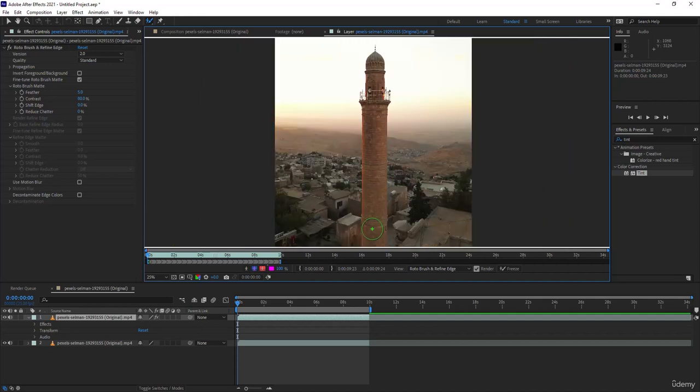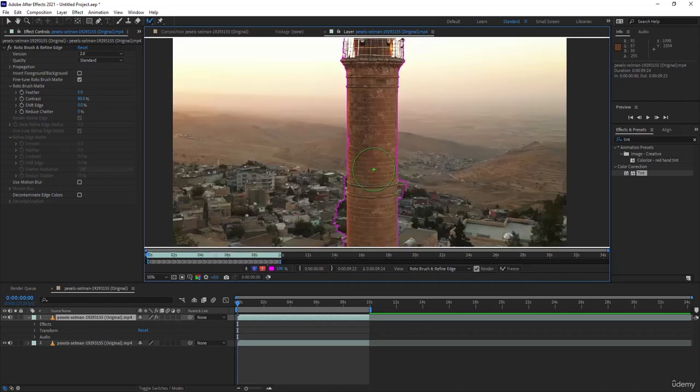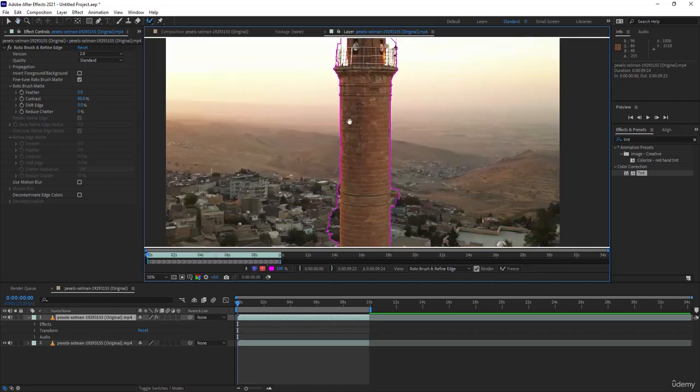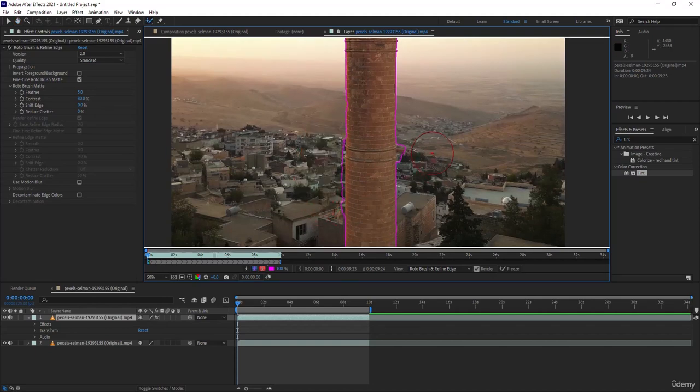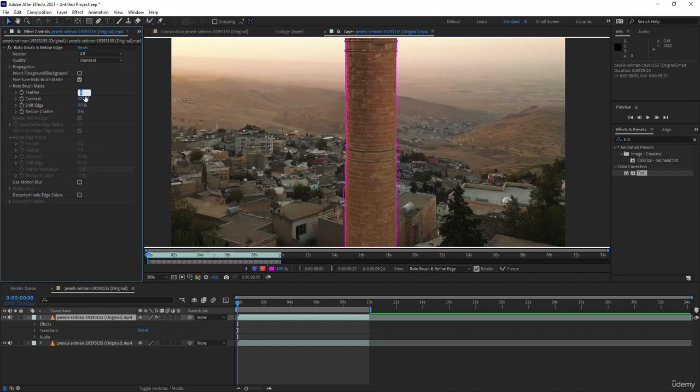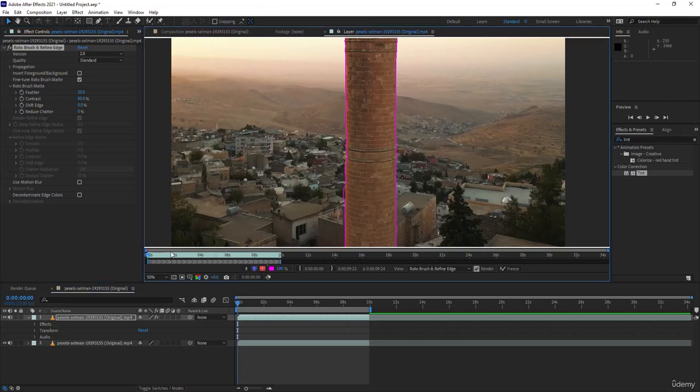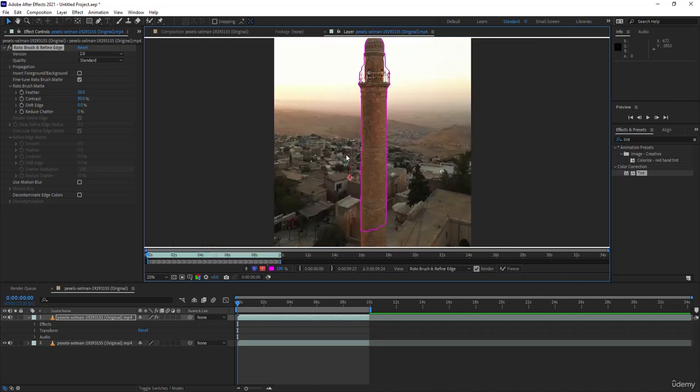Okay, now create a pen stroke like this so that it only covers your building or your object. Hold Alt on your keyboard to deselect a specific part like this. Okay, now increase the feather amount to 20, and now let's press spacebar on your keyboard so that it can create